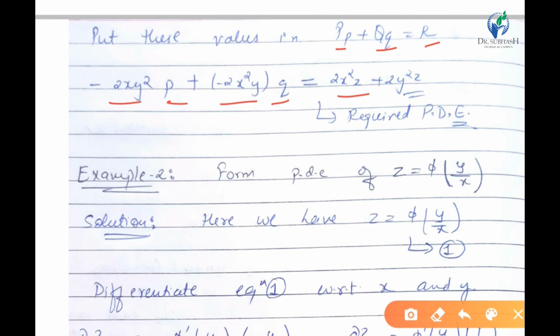This is our required partial differential equation, and we can see there is no arbitrary function. When we are given f with 2 or 3 values in brackets, we can use this formula. Now let us see one more type of example